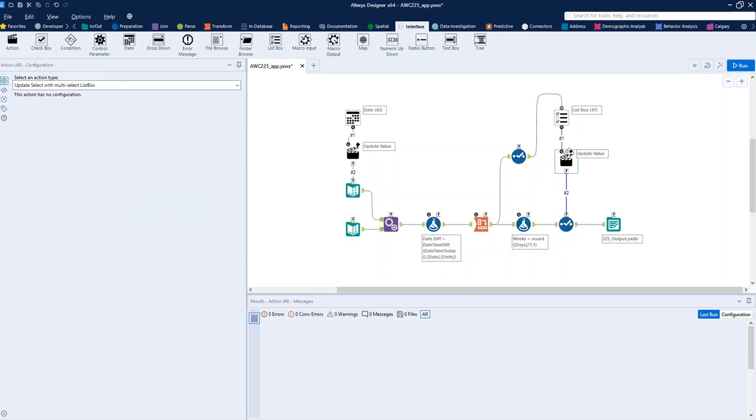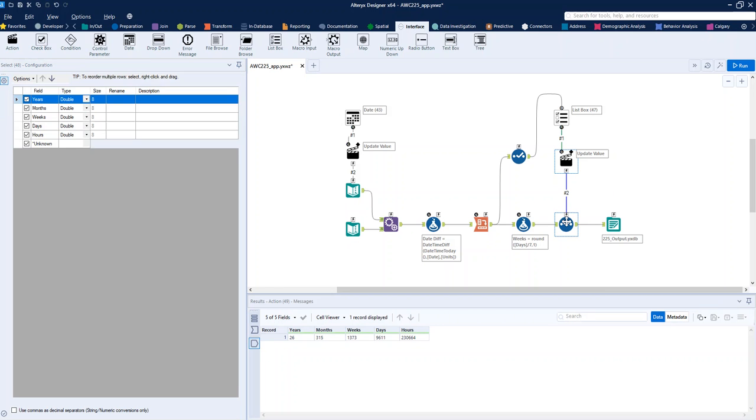So we need to update this action tool to be select with a multi-select list box, which kind of tells you clues in the name that it's updating the select. That's why we're connecting it to a select tool. But we need to change it from the default, which is basically why I'm mentioning it there. And then that would just make sure that it ticks or unticks the relevant fields here